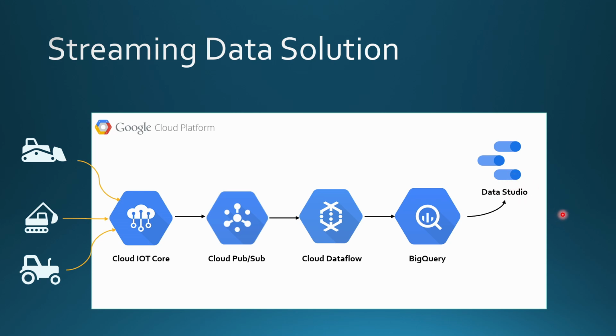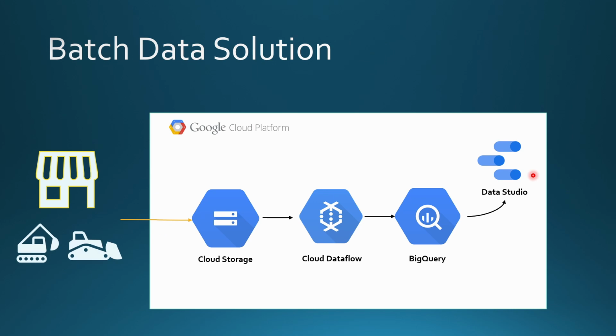Now the second solution is about the batch data, which is for the 20 million vehicles which are currently using the batch solution. Even for those, before the company moves all these vehicles and upgrades them to use the IoT, it would continue. Because it's a step-by-step process, this part would still continue. So we have to give them a better solution for them to at least gain some improvements in the existing model itself.